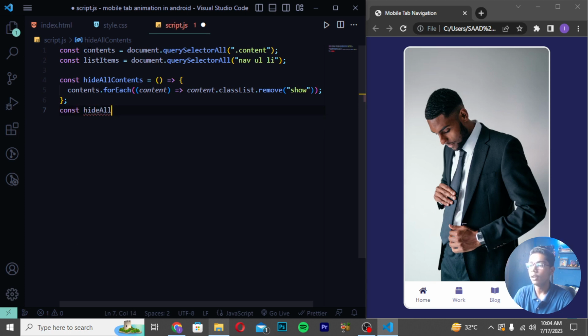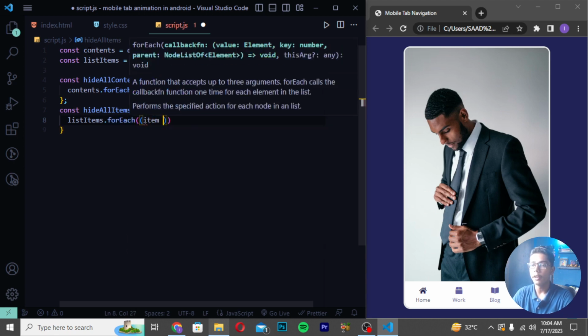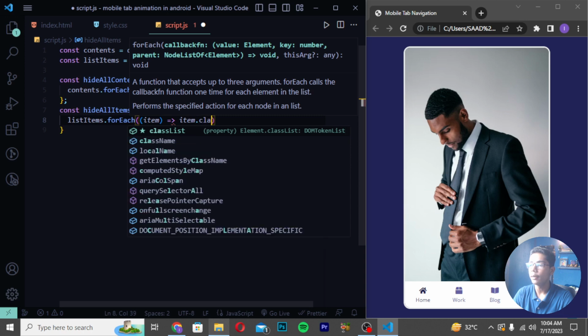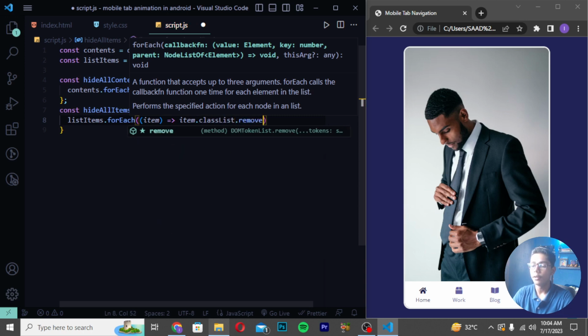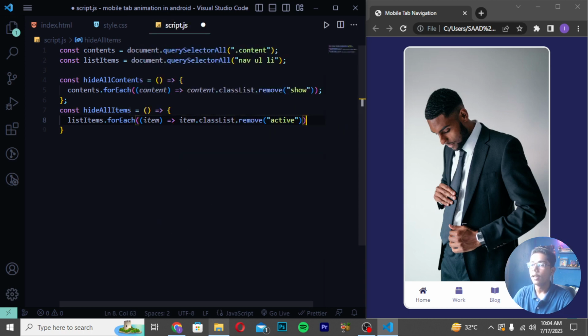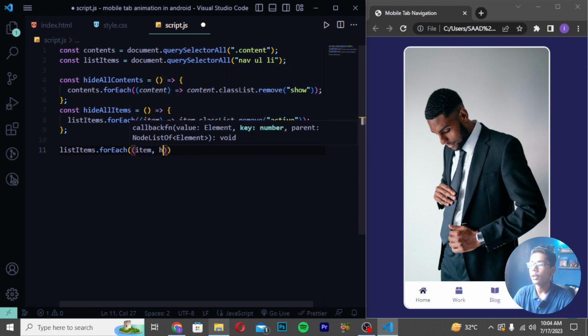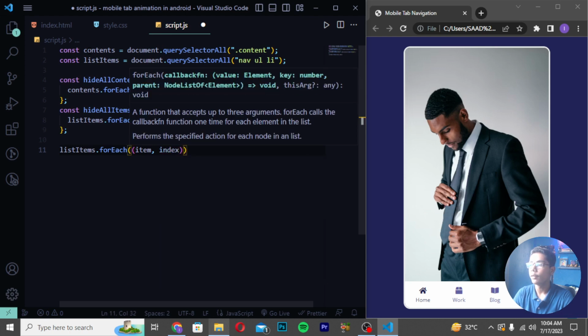Then I will be writing all items is equals to, then I will be now writing here like this, right is equals to, then move down and then write here list items. So here I will be now writing here dot for each, and then I will be now making this tag and write here item. Here I will be now writing item class list and write here remove. Then you have to now directly write here active. Here I will be now just closing this tag and closing this as well, and write here list items, write here for each, and write here item, comma, write here index like this,